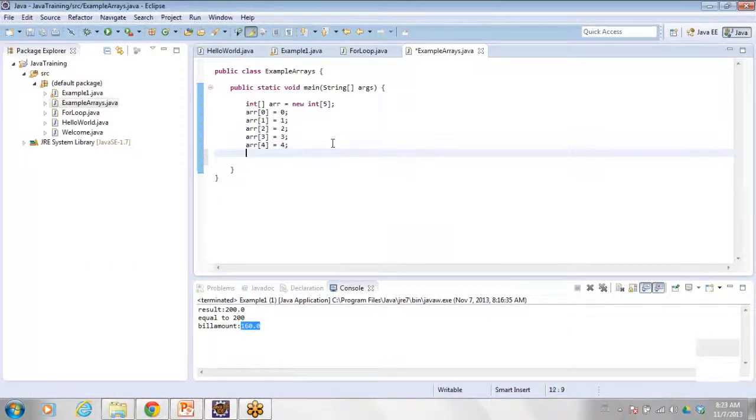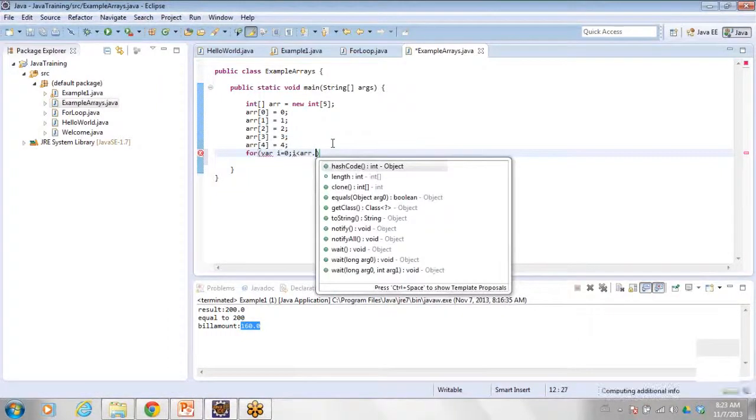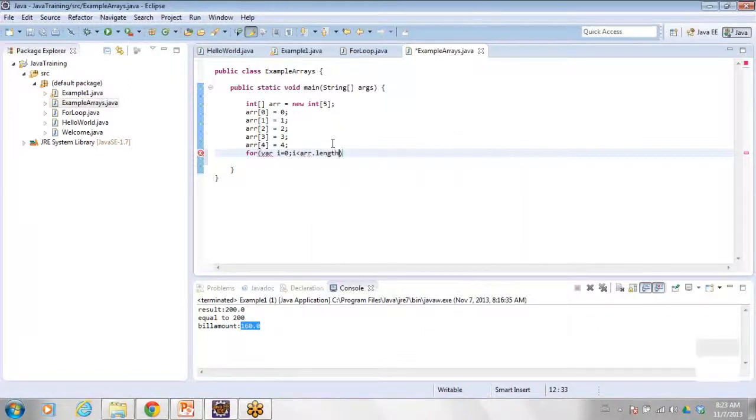So an array can be assigned with a loop statement. When you define the array, it has the property length.